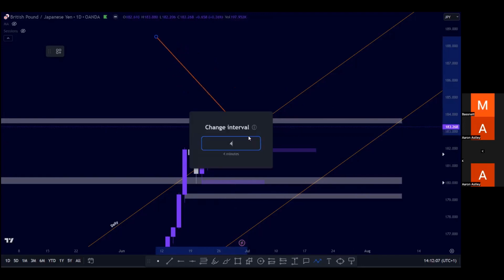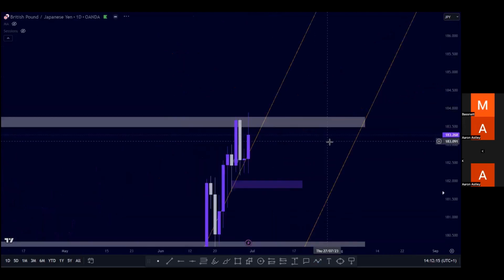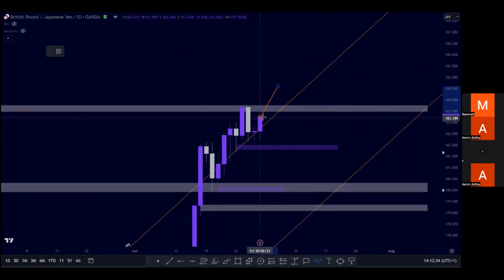we're in a bit of a tight squeeze on the triangle. So we could potentially have a retest of this triangle before breaking these highs and continuing on further, but we've got to be very cautious of that daily closure. So we had this daily closure, which is a swing high failure. So we had price push above this previous high on the daily, but then it failed to close above it. So it's closed nearly midway on this candle as well, suggesting that price could start to see a reversal